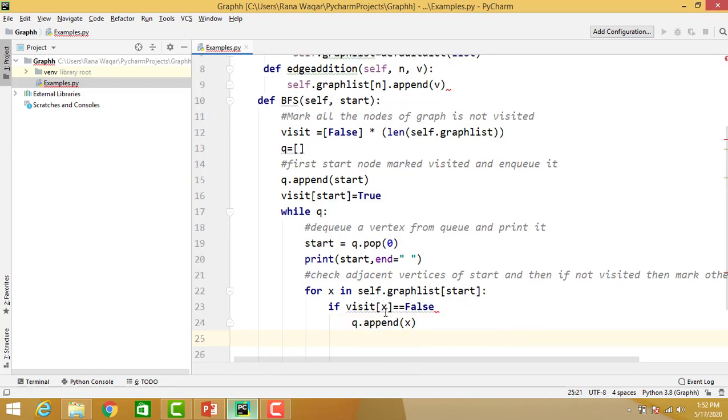If visited x equal to false, then q dot append x, appending to a default dictionary list.